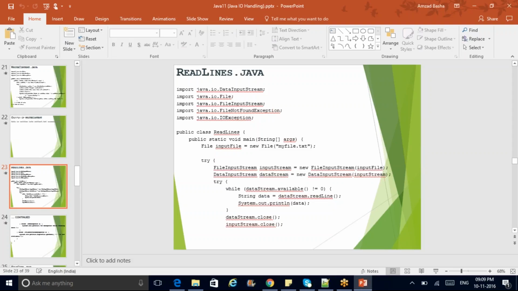If I keep reading the data character after character, it takes a lot of time, right? So instead there must be a provision that should allow me to read one complete line of text at a time from the text file, right? So let's do that. Let's create a new program called ReadLines, which is going to read the data from a text file called myfile.txt line after line,